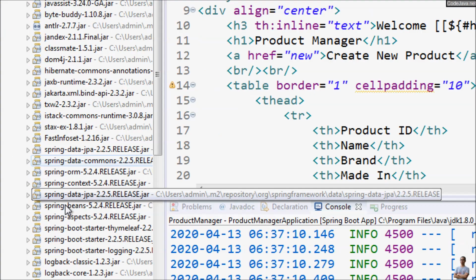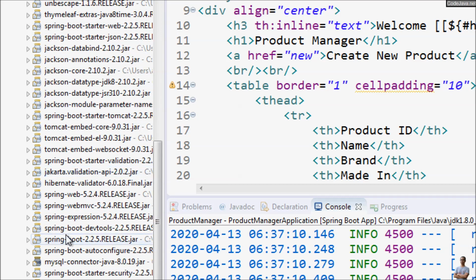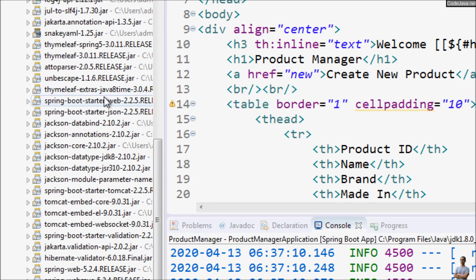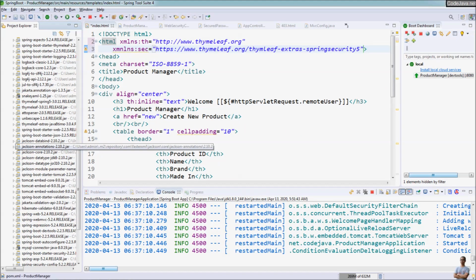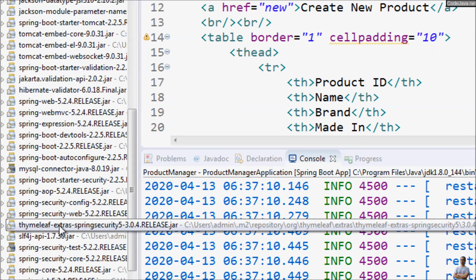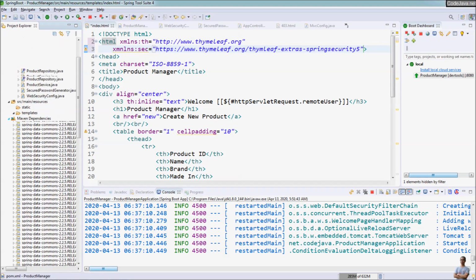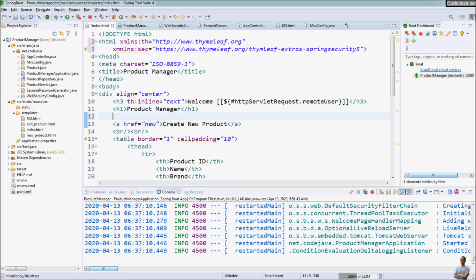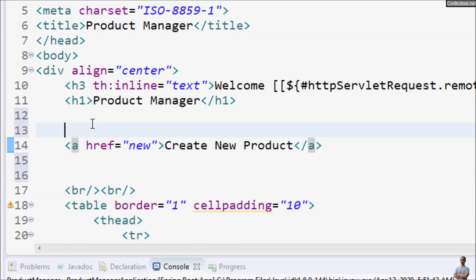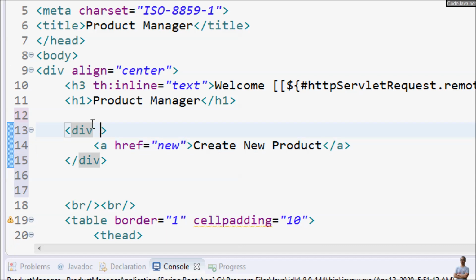Let's check the Maven dependency to see the Thymeleaf Spring Security 5. Here we have the Thymeleaf Spring Security 5 here. Okay. And here to secure this hyperlink, we can use the section with the Thymeleaf syntax